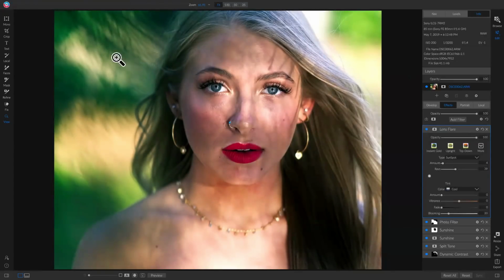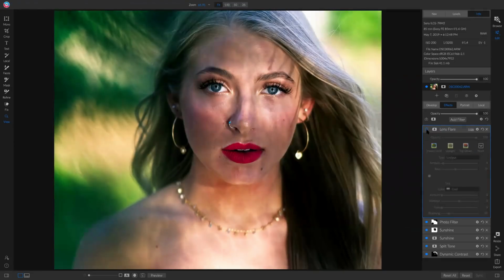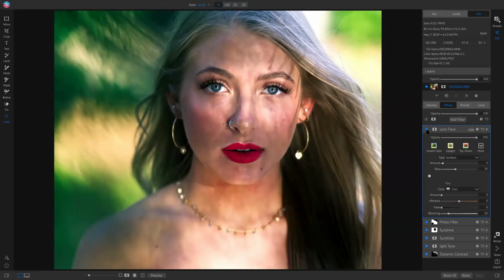See how it brings in little rays of light beaming across her face, still maintaining this nice bit of contrast from the separation of the dark and the light on her face. So this lens flare filter, if you use it sparingly and really light on your shot, can bring in a nice bit of style to it. So perfect. I think that looks good as far as the tonality inside of Develop and the filters inside of